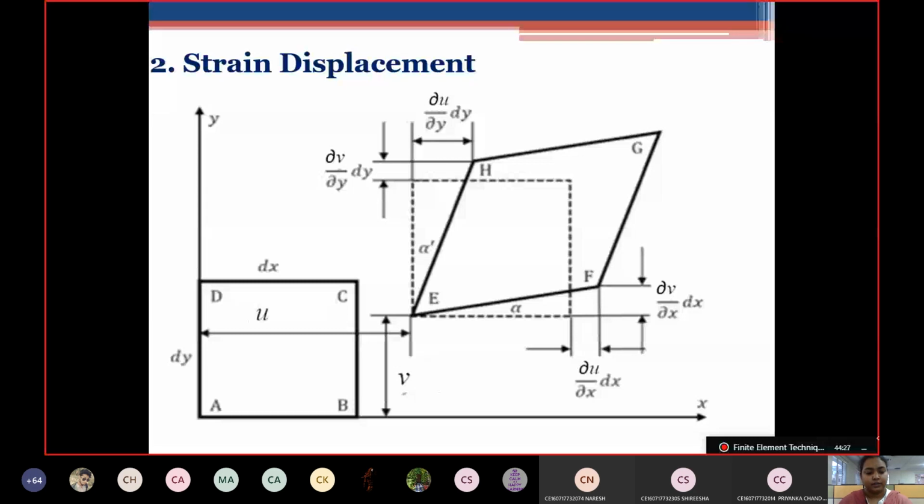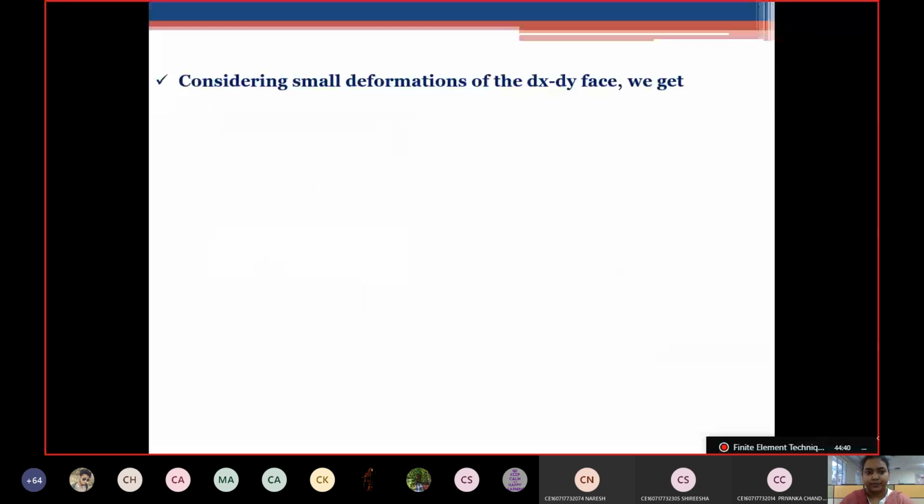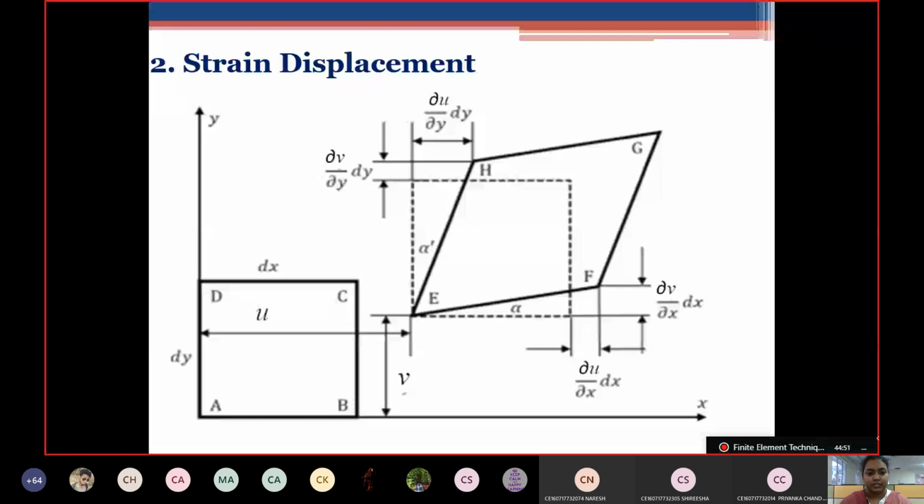All right, I'm going to continue. At the end, when there are queries, I can leave the slides which you need to draw. All right, I'm continuing. Now, what did we see? We are considering every small deformation on the face dy dx. This is the face dy and dx. That is what I'm talking about.